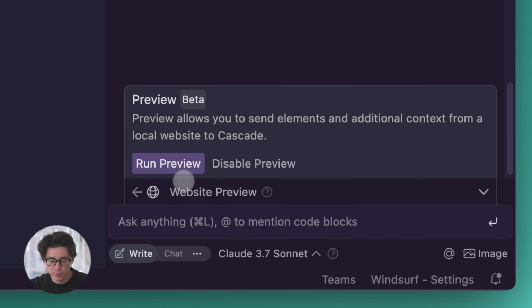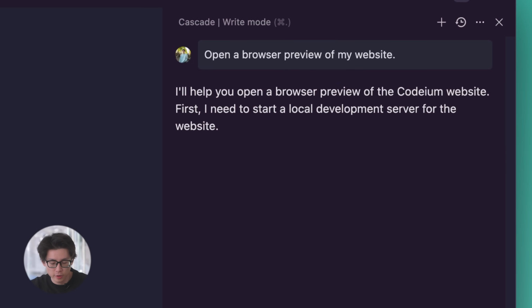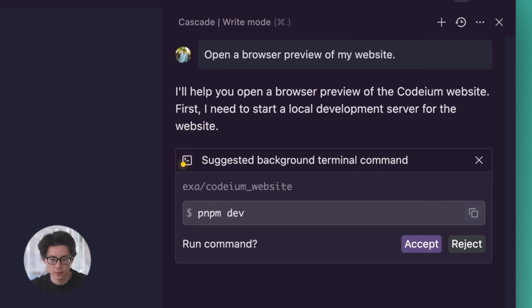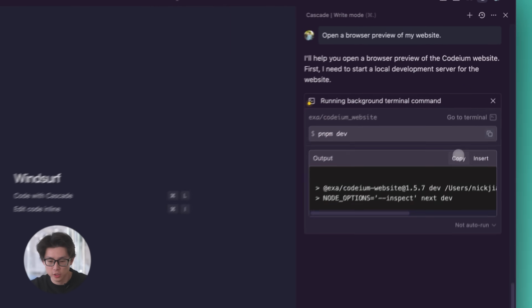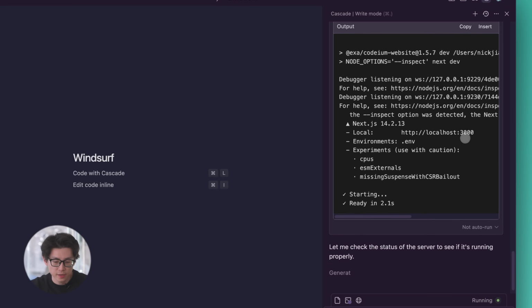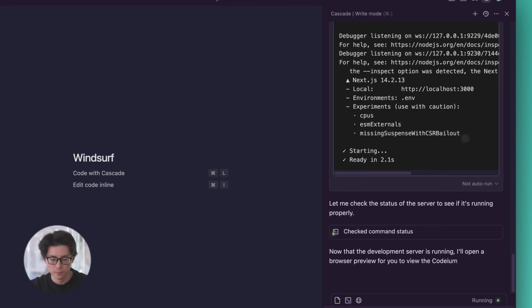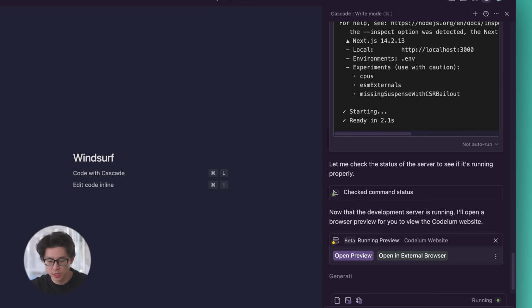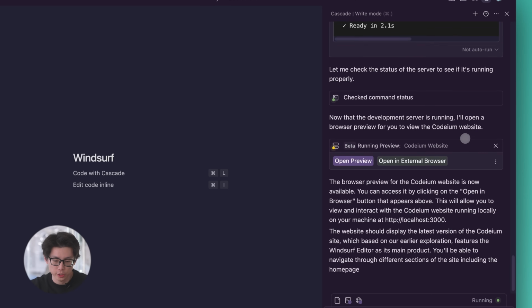So first things first, I'm going to ask Cascade to open a browser preview of my website through the integration we have in our Evergreen toolbar. First thing, you can see that it's going to try to start up the development server. I'll accept that command to get it running, and we can see that it's starting up right now. So Cascade is going to check that everything's running properly, and now it's going to start up the browser